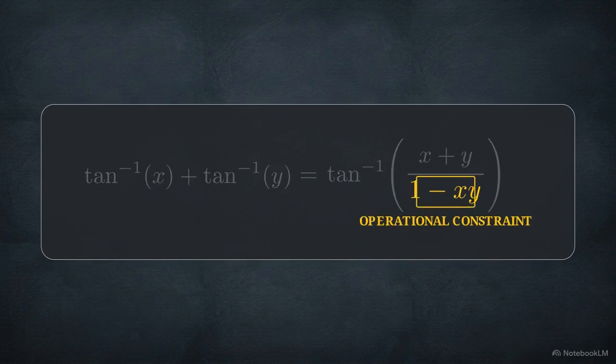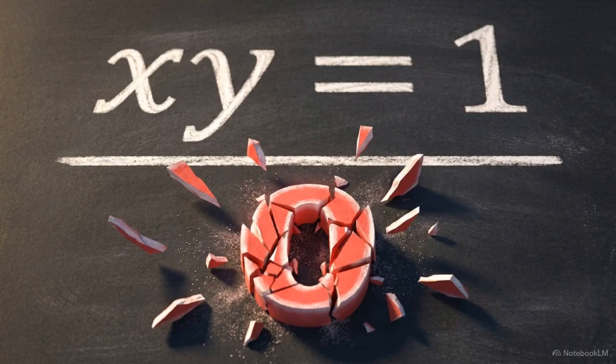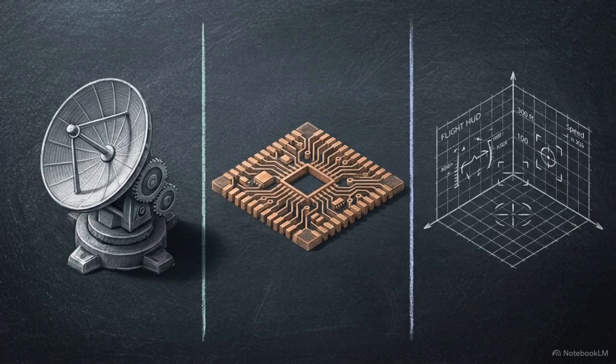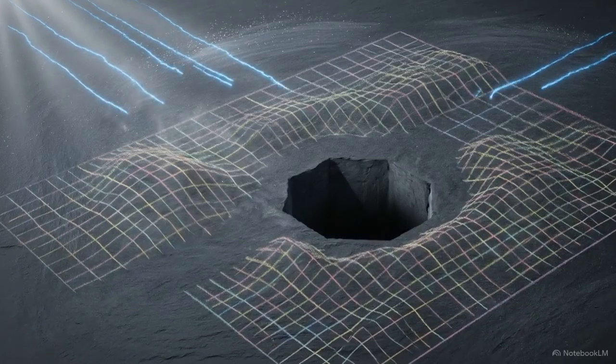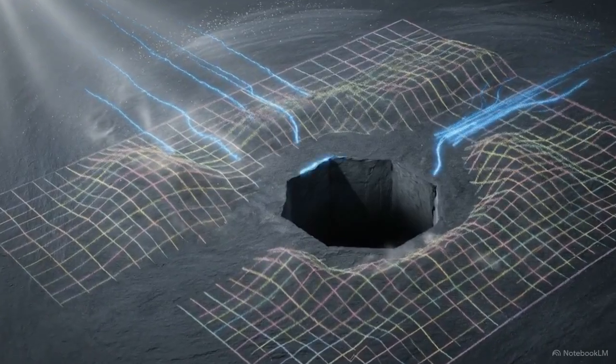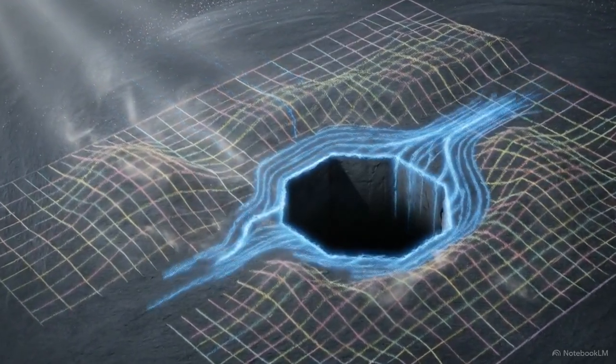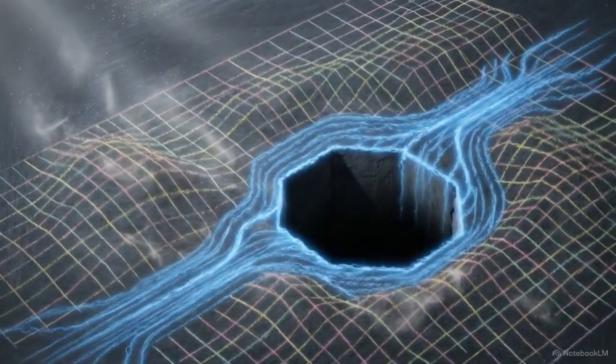The operational constraint lives right here in the denominator. If the product of the two inputs, x and y, equals exactly 1, that denominator collapses to 0. This division by zero singularity dictates physical system design across aerospace, electronics, and digital guidance architectures. Mapping exact routes around this specific mathematical void is the essential blueprint for building stable radar networks, RF hardware, and